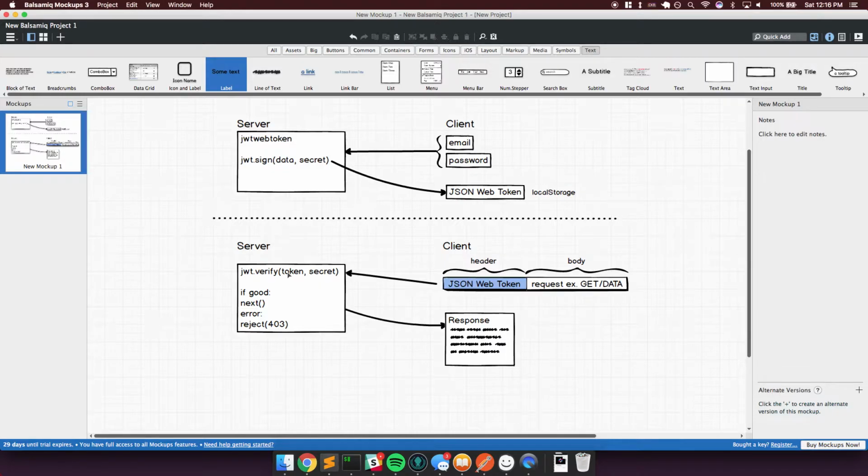That header is then verified using this secret that we have only in the backend. And when JWT verifies that that's okay, it will proceed as a middleware. It will proceed to the next call. So if it was sitting before your get data, and if it was not verified, it would give you the 403 like we were seeing. But if it is good, it will let us go to the next, and then we can get some response